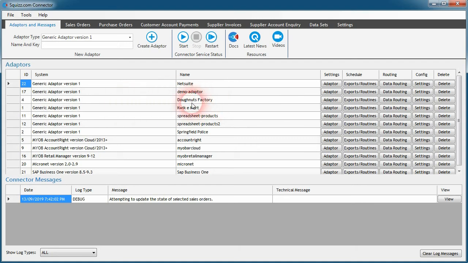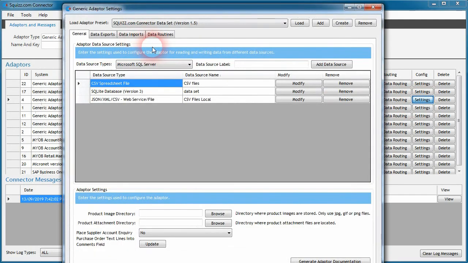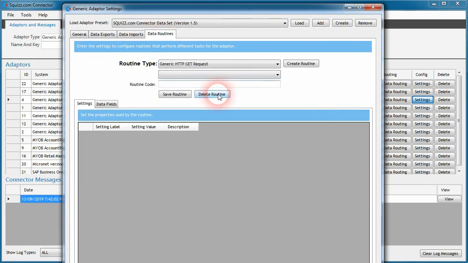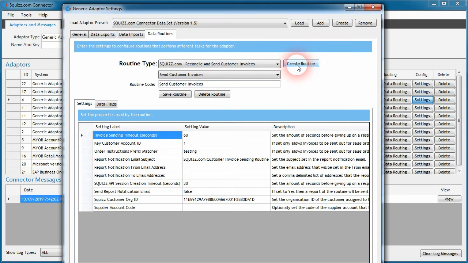adapter set up here for the donut factory to be able to talk to its own business system software. So if we click on the settings button, within the generic adapter settings window, if we click on the data routines, there is a new routine type that has been set up. It's called the Squizz.com reconcile and send customer invoices. So clicking on that, if you click the create button, that will allow a new routine to be created